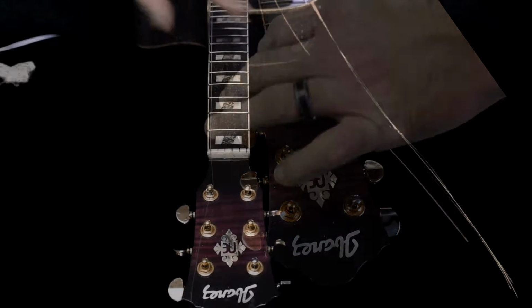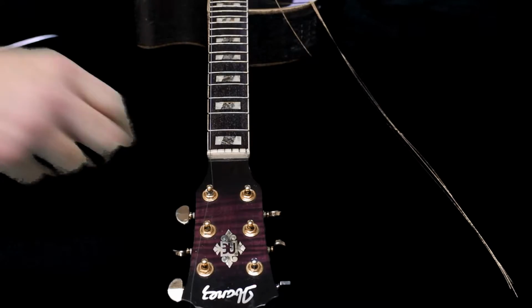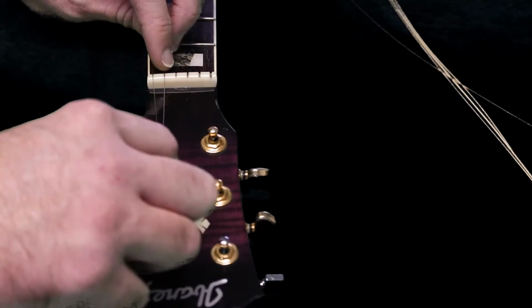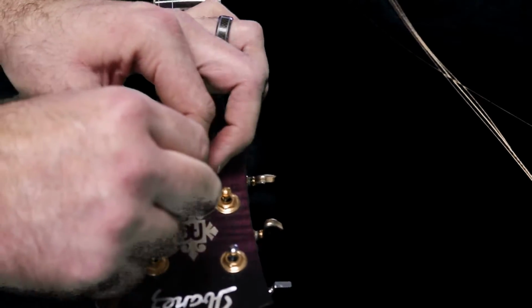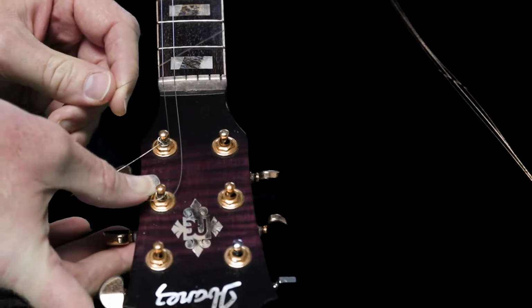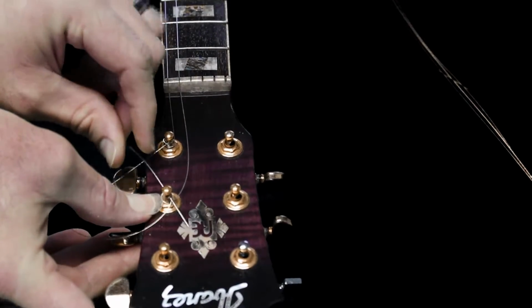break that. For the rest of the strings, I'm going to do it a little bit differently, where I'm actually going to wrap the string around the post before I run it through the hole. So I take the string and I run it around the post like so. Then I'm going to hang on to it. You got to make sure you push the first wrap down, run the string through the hole,